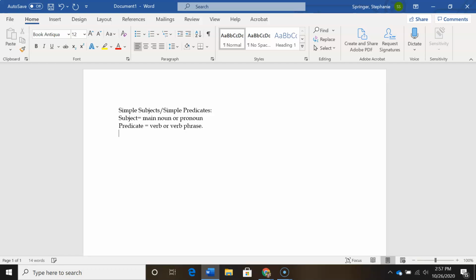When we look at the word simple, we are looking mainly at one word, or if it has a linking verb with it, it's going to be two. So when we think of simple, we want to think of less words than complete. So if I have the batter swung at the ball,